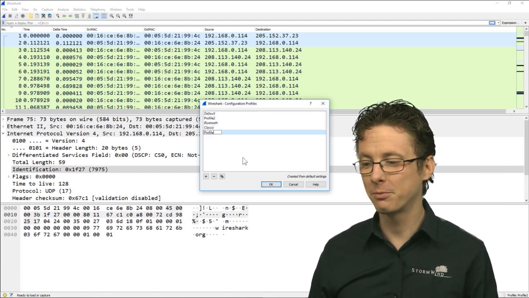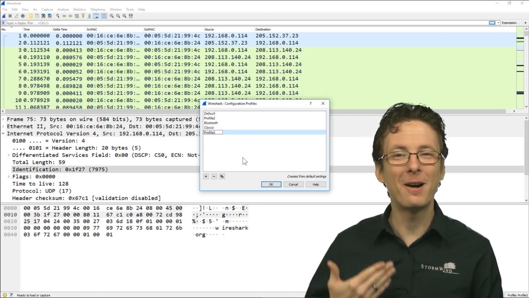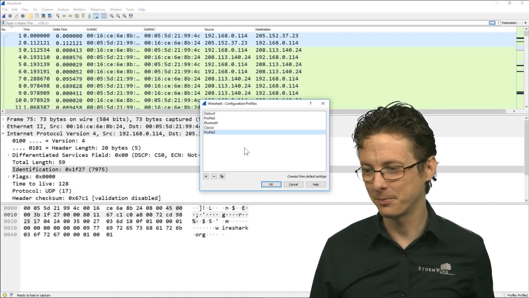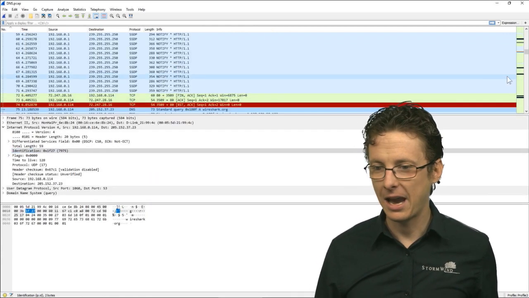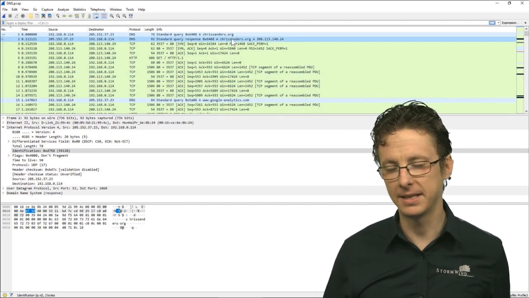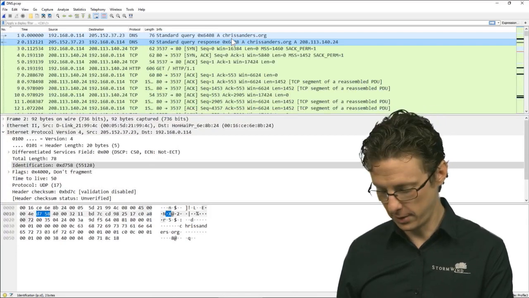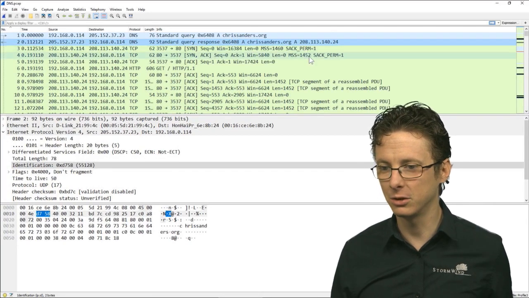I'm not very creative, if I'm honest. So we'll name that, I'm very not creative because I already got a profile 2. So profile 3, we'll name it profile 3 and click OK. And it starts off with this default profile. This is the default profile that comes with Wireshark. And the first thing we can do is make the text a little bit bigger using Control-Shift+, so it's a little bit more readable,